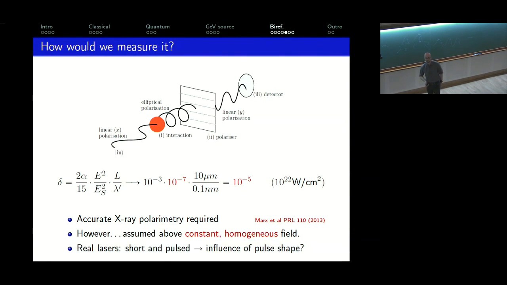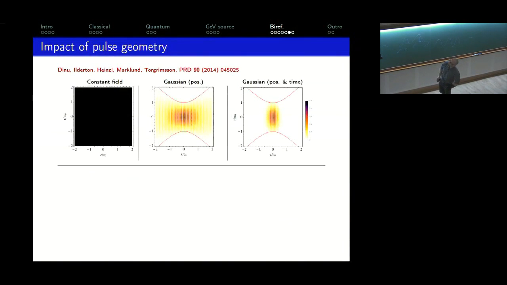So let's look at the influence of laser pulse shape on vacuum birefringence and on this ellipticity. Here are figures illustrating 3 different models of a laser field. That's the constant field, okay? It's just the same in all space and time directions. Here's a Gaussian beam, so it's focused in space, but it just oscillates forever in time. And here's a Gaussian pulse, so it's focused in space and it's pulsed in time. So we're increasing the level of realism as we go from left to right. All we're going to do is calculate the ellipticity in each of these 3 models and then compare it to some numbers suitable to upcoming facilities.